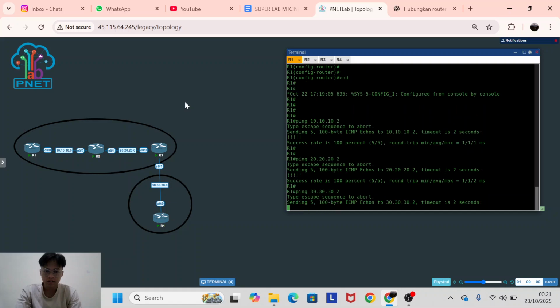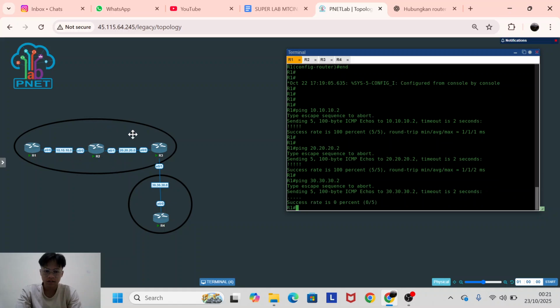Let's see. It cannot. Why? Because we have not done route reflection in router 2. As I told you before, in router 2, look, 0%, so it's timeout.